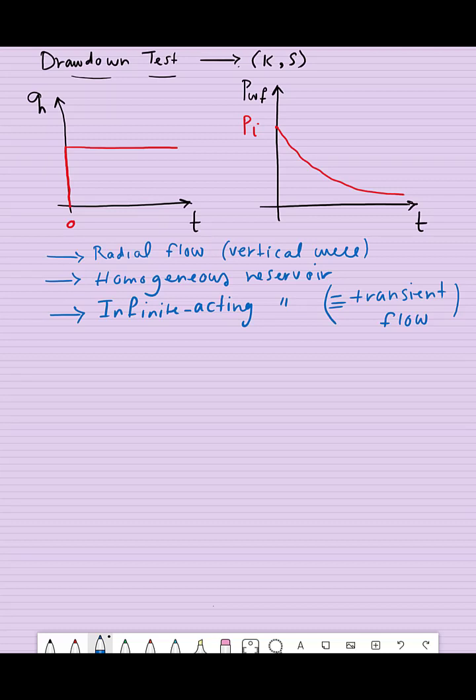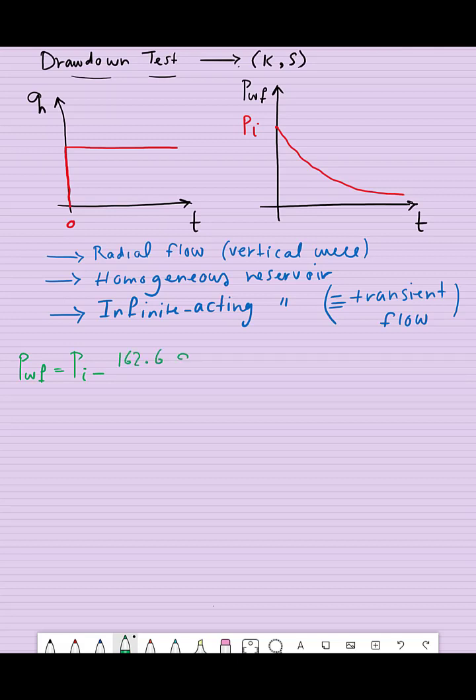Now let's write down the transient flow for line source equation. So it's wellbore flowing pressure equals initial pressure minus